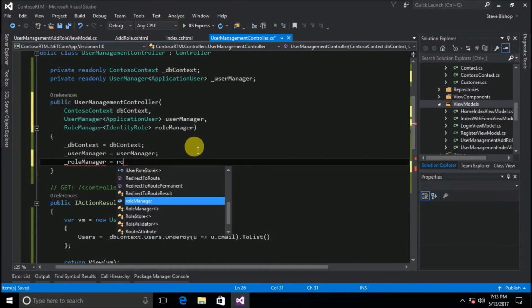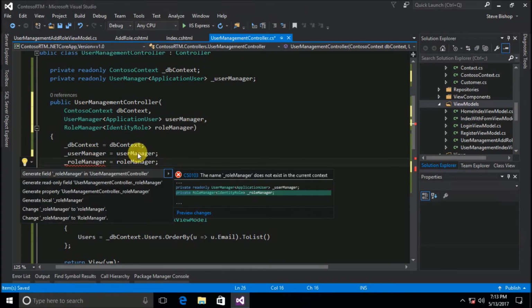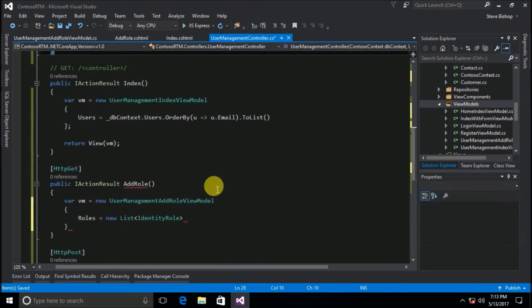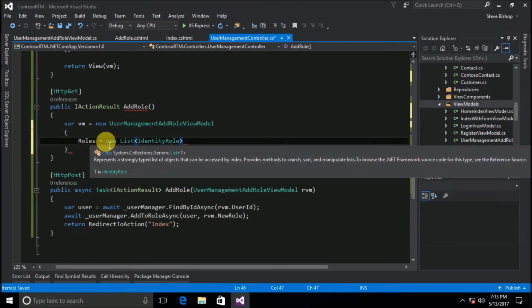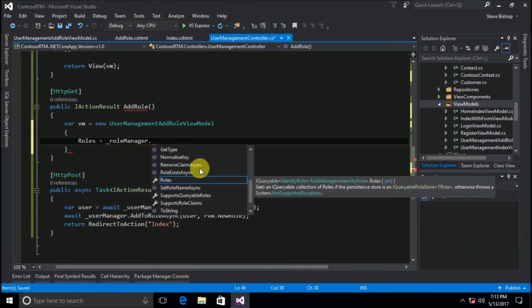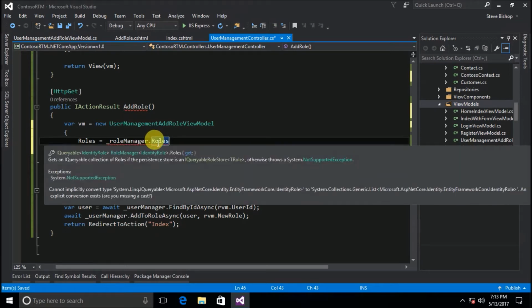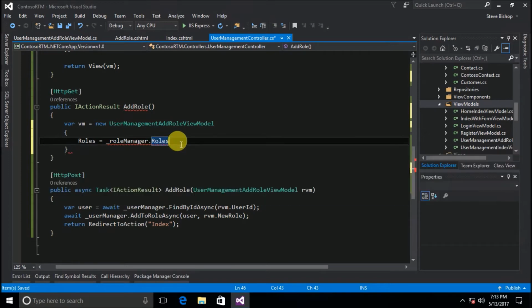Oops, role manager, there we go. And we're going to use control period to generate the read only field. And now we can use role manager down here. And instead of a new list, I'm going to do role manager roles. All right. Now the roles, oops, is not a function, it's a property. So that's going to be okay. Now IQueryable, you'll notice it cannot implicitly convert type IQueryable to list of identity role. So we do need to do something like this, ToList, right? And now let's go ahead and,